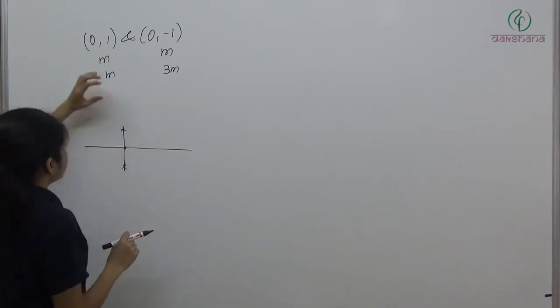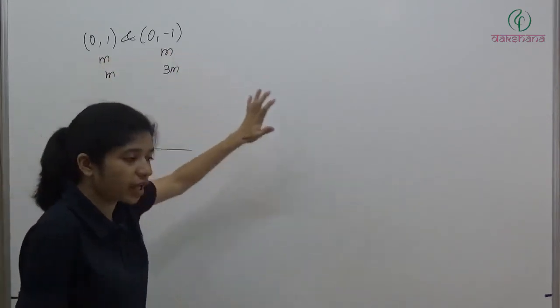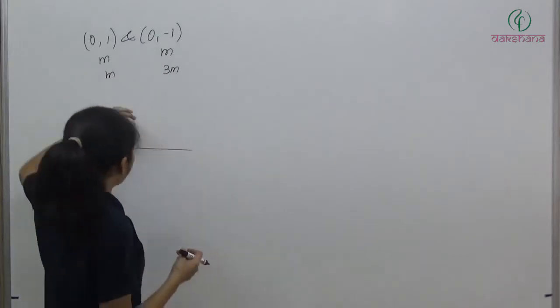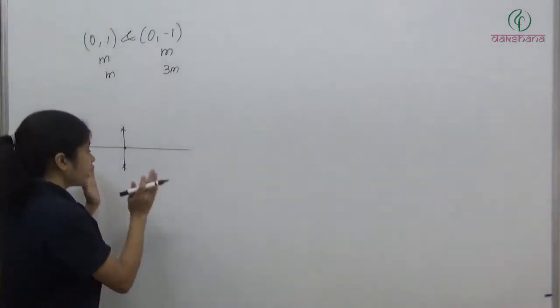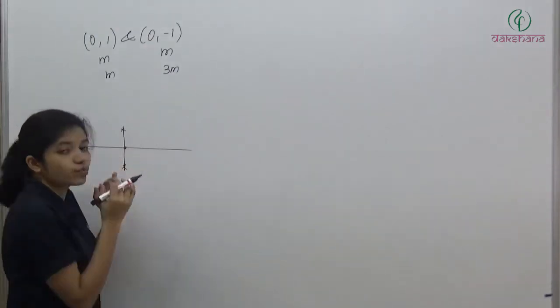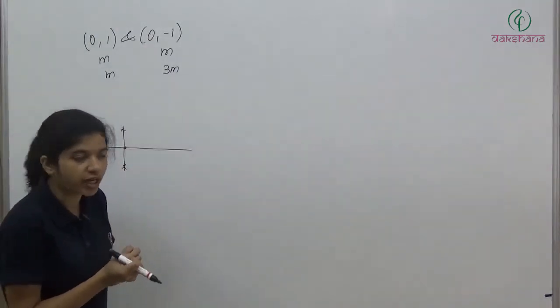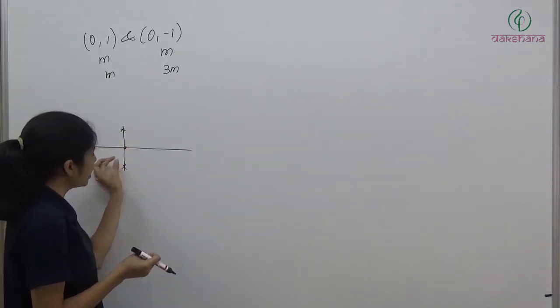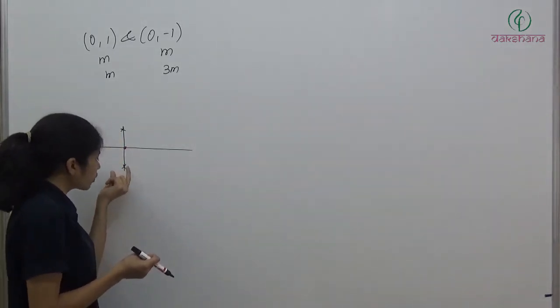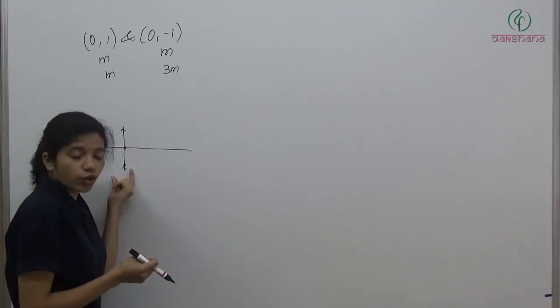Now I am saying that I am taking mass m and mass 3m. In that case, what is happening? Here we have mass m and here we have mass 3m. So now the density of mass at this region is more. So center of mass will get shifted. Where will the center of mass be? For this system of particles, center of mass will be closer to this mass. Clear? Closer to this mass.